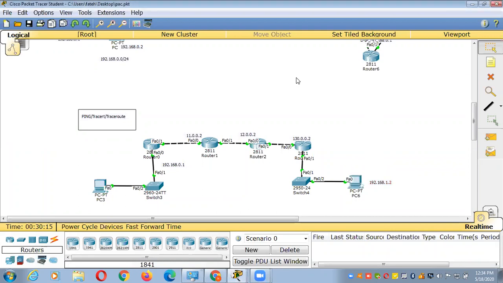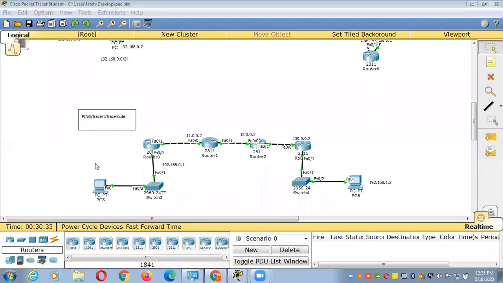Just try to understand. You trace the data, where does it go and where does it come from. You use it when you want to trace the data, where it goes if you have many branches.